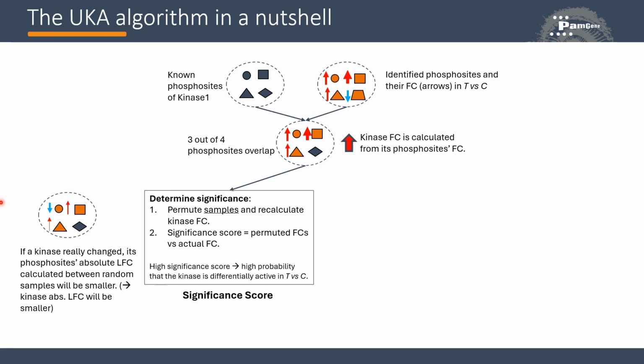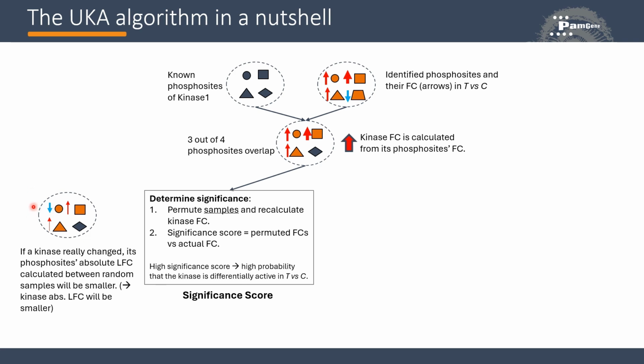and the specificity score. To calculate the significance score, the samples are permuted 500 times, and the kinase fold change is recalculated in each permutation. If samples are permuted, we calculate phosphosite fold change between samples which are randomly assigned to test and control. Therefore, if the kinase is truly changed, its absolute fold change will be much higher than the fold change coming from the random permutations. Here you can see that for one of the phosphosites, the fold change even changed the